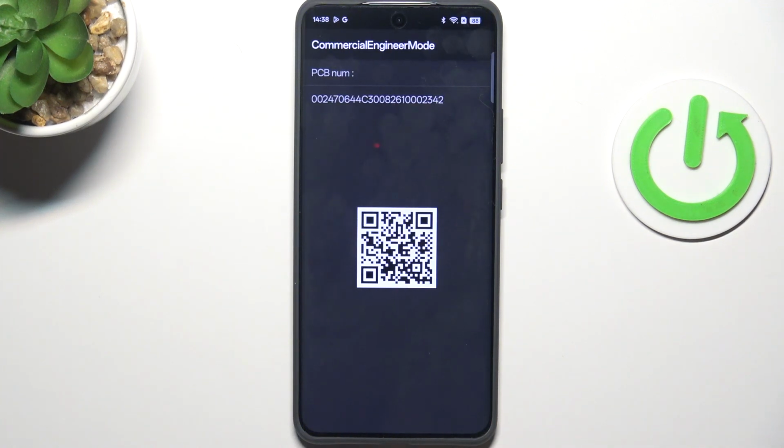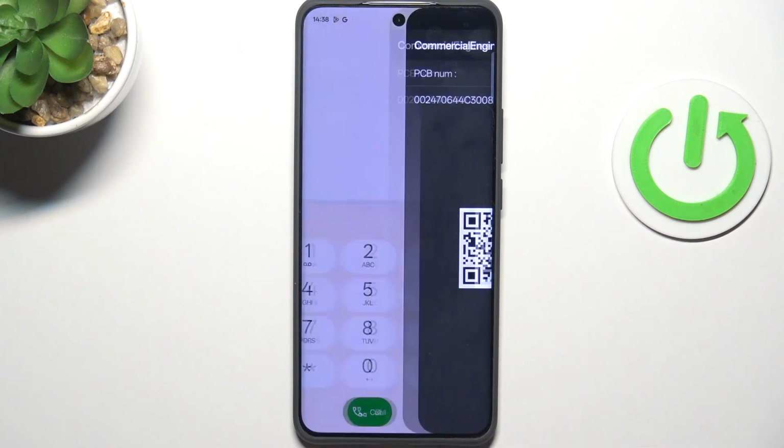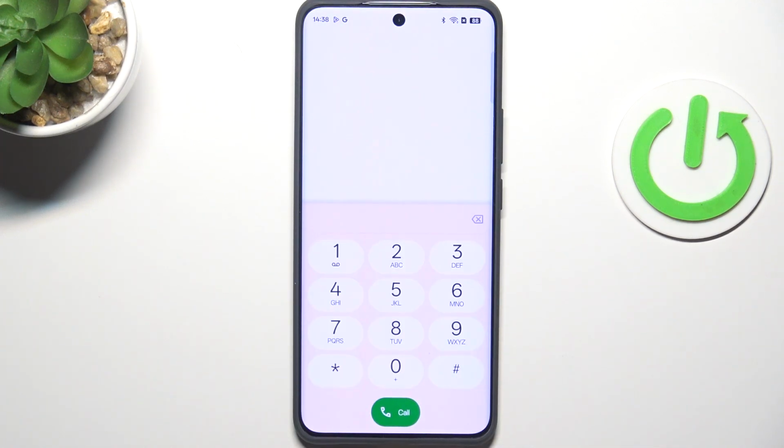*##888#. And here we've got the engineering mode, so we've got the PCB number again, and the QR code, which you can simply scan and then check some further details about the device. And the last code, which is